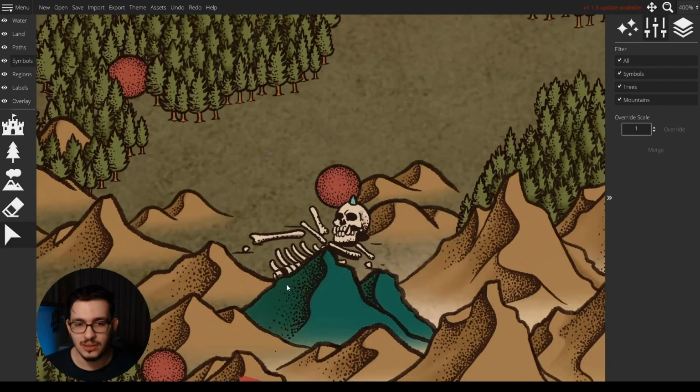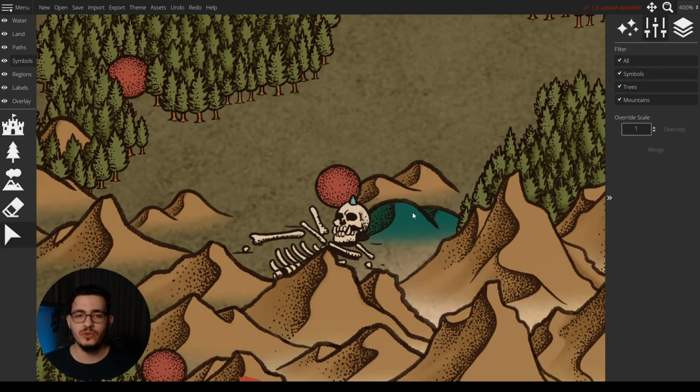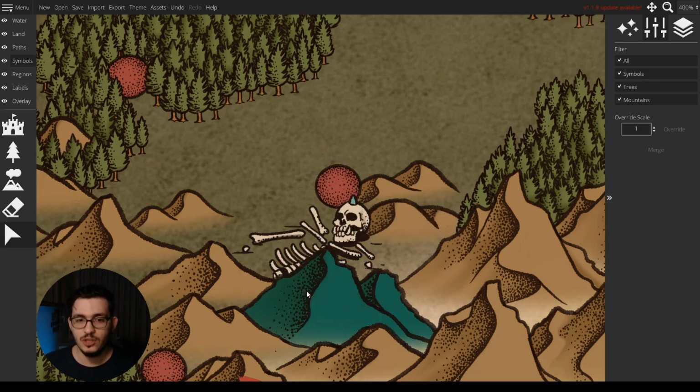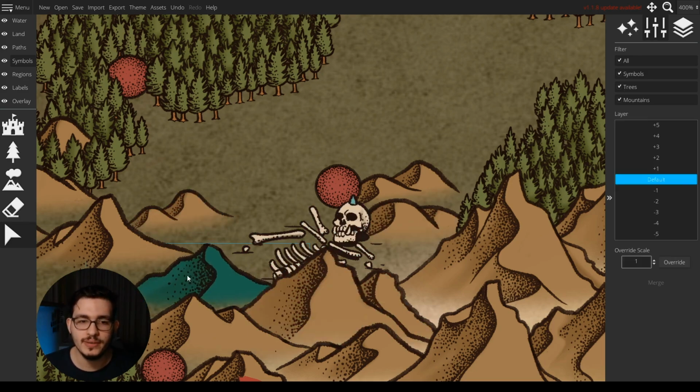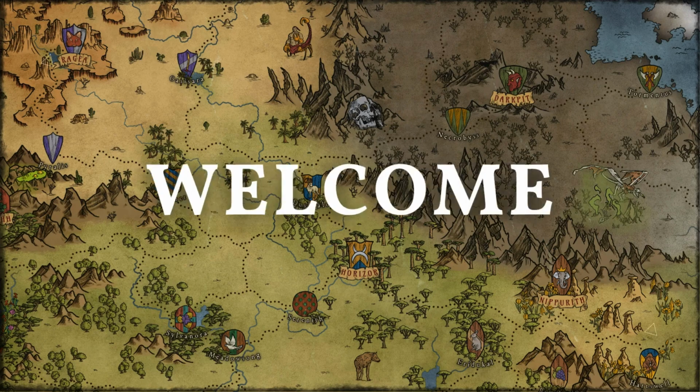Here I have an exception. It doesn't seem to have any natural resources around, but this is next to a point of interest. So I could come up with some stories about this location.